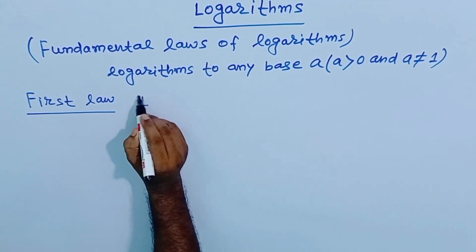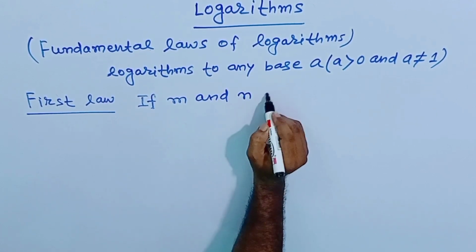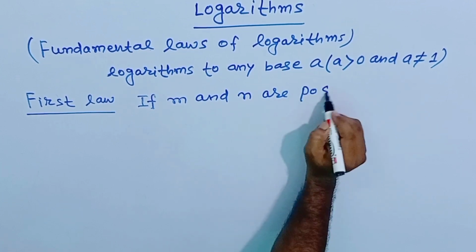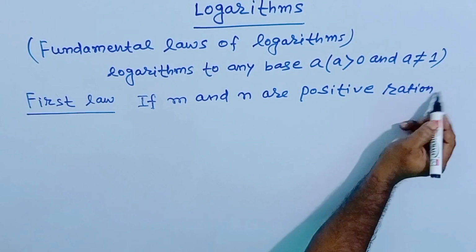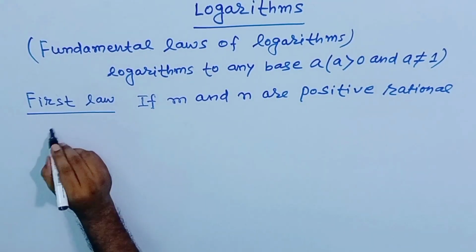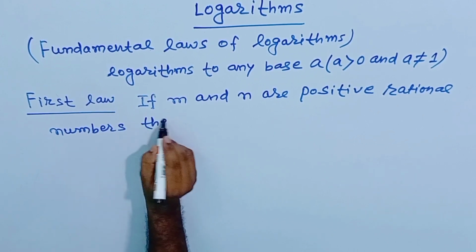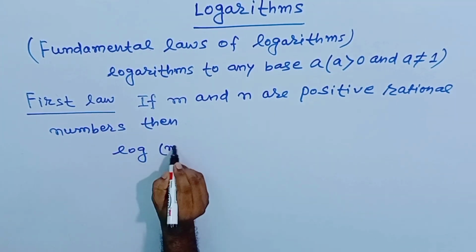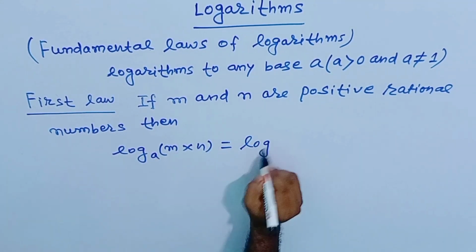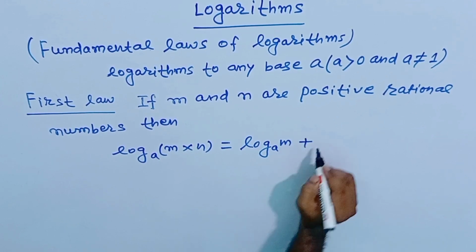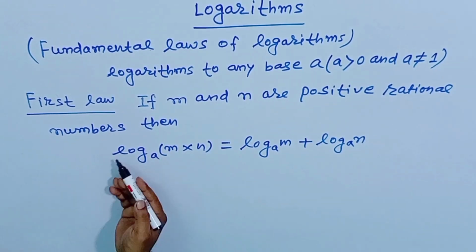सो फर्स्ट लॉ का जो स्टेटमेंट है, if m and n are positive rational numbers, then log of m into n to the base a will be equal to log of m to the base a plus log of n to the base a। इसे शॉर्ट में हम इस तरह से भी कह सकते हैं,